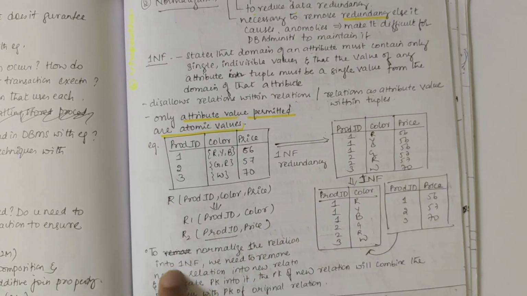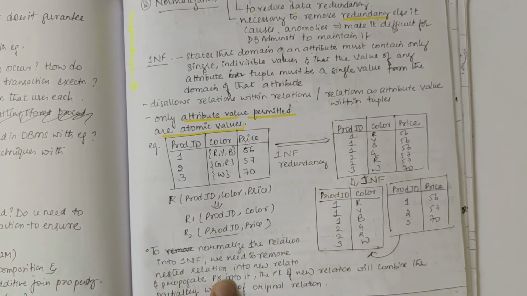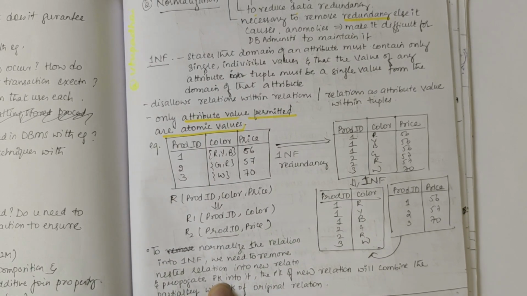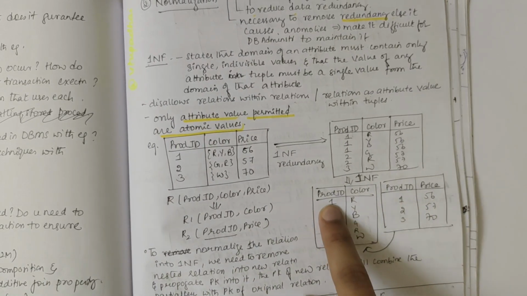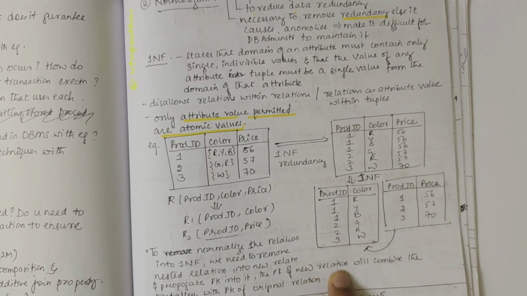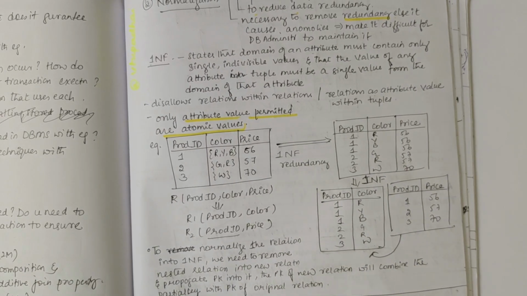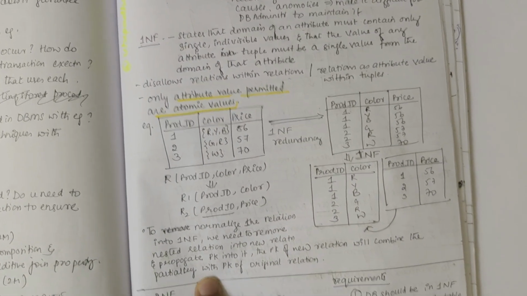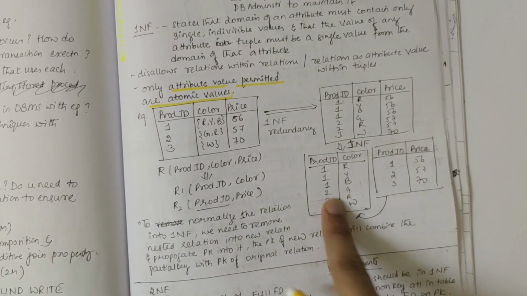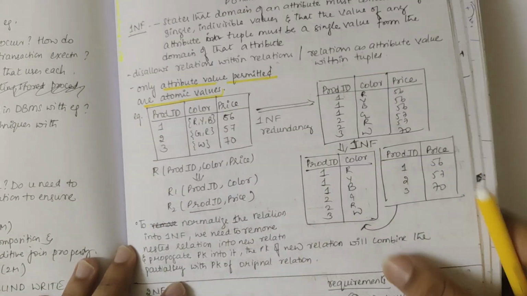To normalize the relation into 1NF, we need to remove the nested relation into a new relation and propagate the primary key into it. So these are the primary keys here, product ID and product ID. The primary key of the new relation will combine with the primary key of the original relation. Yes, these 2 primary keys could be used. Moving on to the 2NF,